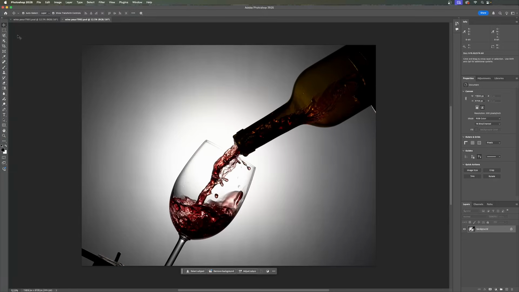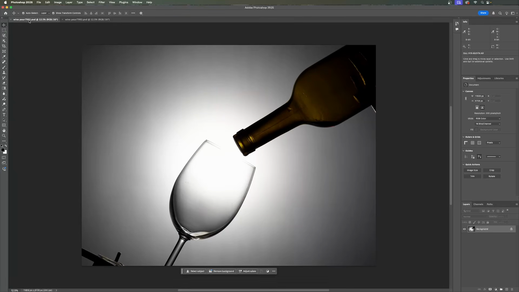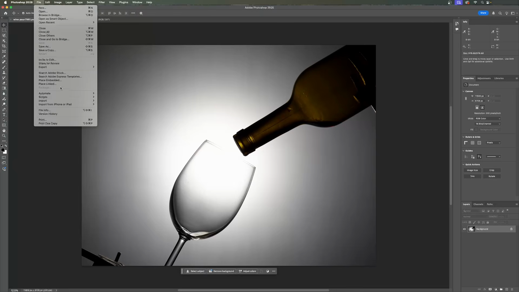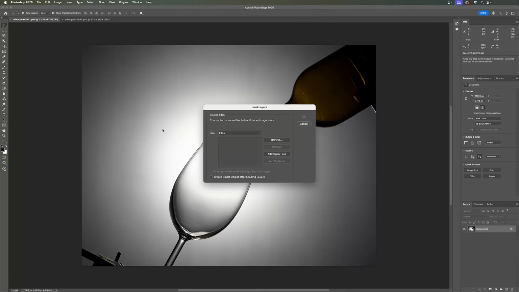Okay, so here we are in Photoshop, and I've loaded up the last two images that I captured. So this is the wine pour, and this one is the blank slate. So what I'm going to do is use these two as a composite. So to do that, I need to make them both into the same file. So I'll go to File, come down to Scripts, Load Files into Stack, and just ask it to add the